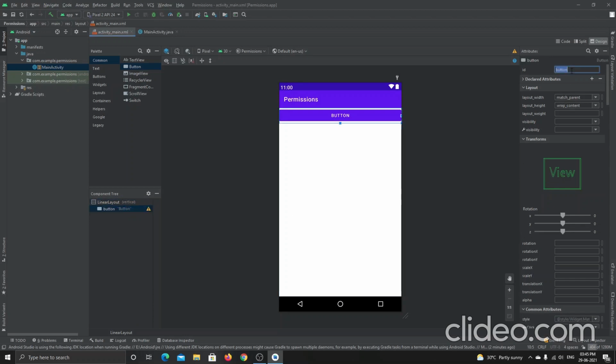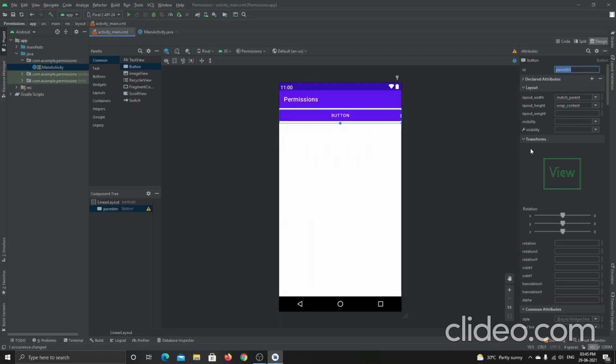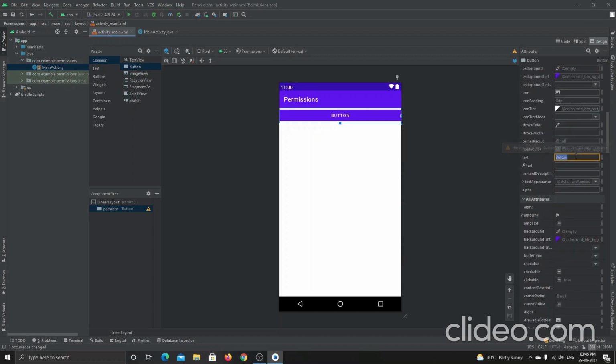For this button, I want to give the name as perm button. Refactor. And then let me change the margin first, and then the text.